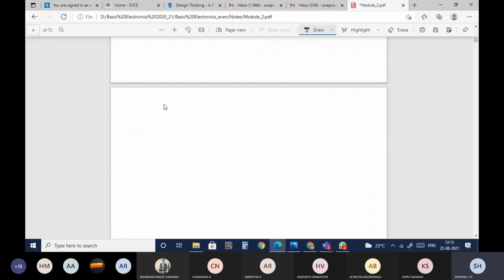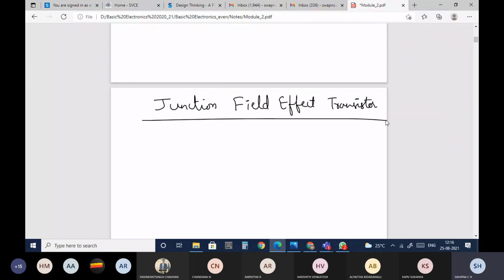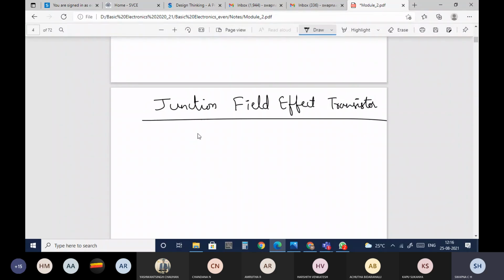Okay, coming to the first one, the junction field effect transistor. First we'll see the construction. I have told you about the PN junction diode: you have a P-type material and an N-type material, both brought together like this.